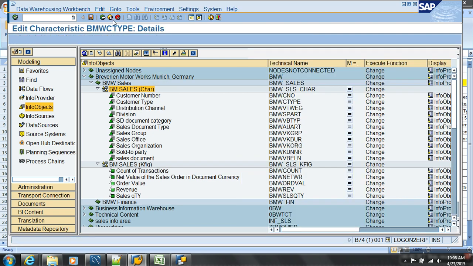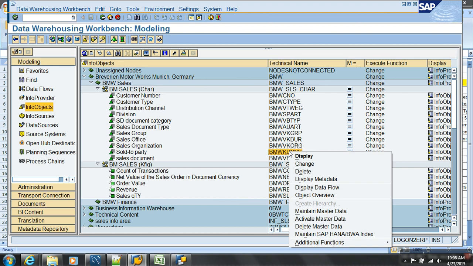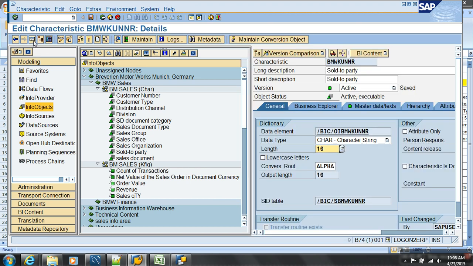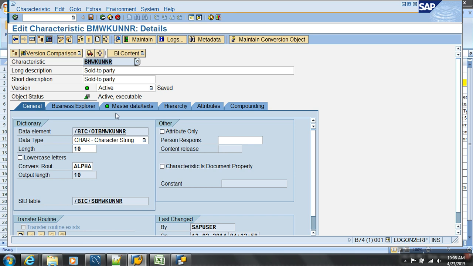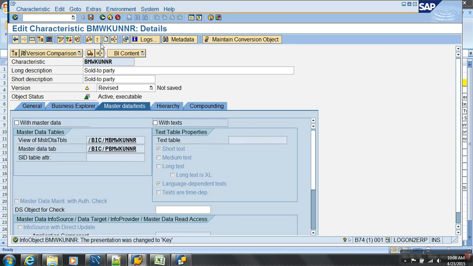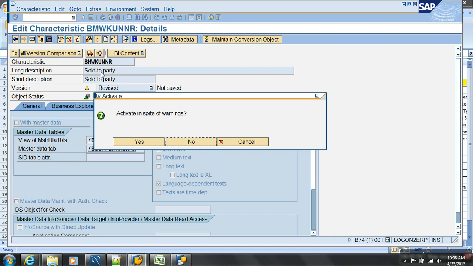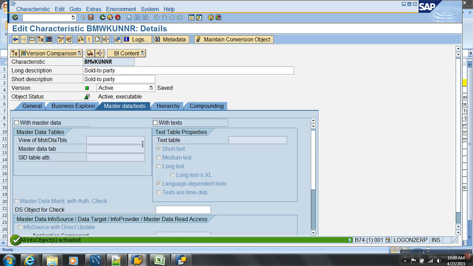But what I want is this InfoObject customer type to be an attribute of what? Of Kunnr, right? Now right click and say change. So for this InfoObject Kunnr, every characteristic can have its own master data. Can I have an attribute table, can I have a text table? Every characteristic can have its own master data. Now I would like to model master data attributes for Kunnr. So I'll go to Kunnr and say